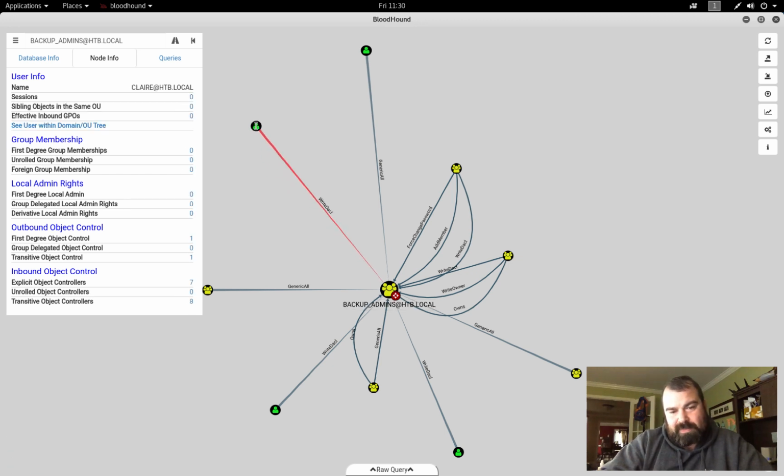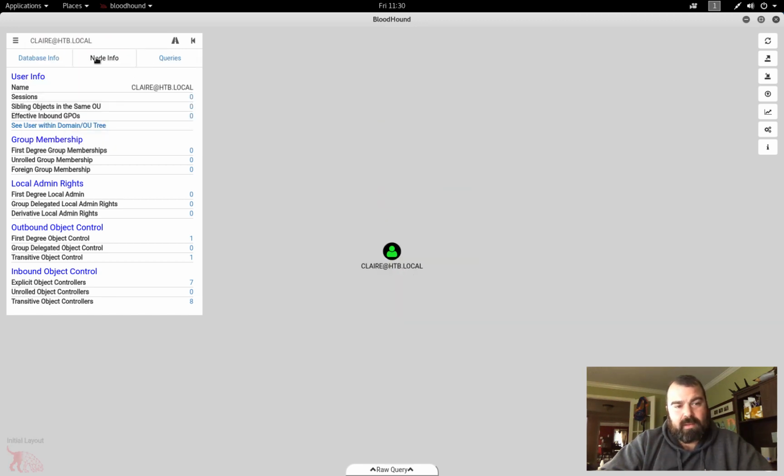So the one that jumps out right away at me is write DACL. So Claire here has the ability to write a DACL with backup administrators. So we don't have access to Claire yet, but how can we gain access to Claire, knowing that Claire can eventually get us access to backup admins? So let's look at Claire. So we click on Claire,